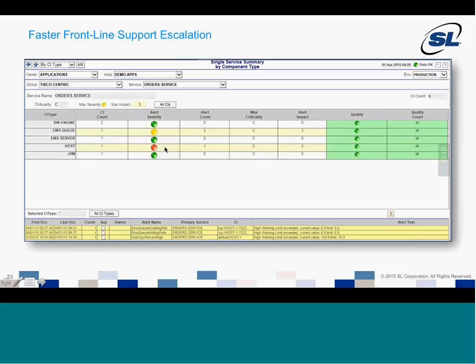We show that EMS is having a problem, but it's yellow, whereas the host is clearly red. So it's probably likely that the problem with the host is affecting that EMS. So the area of focus for them should be on that host. And at the bottom there, you'll see that we've posted up 3 alerts. The bottom one is talking about a limit being exceeded on the host, and the other 2 are talking about queues being exceeded on EMS, or rather the message out rates being exceeded on EMS. If we go to the next screen,